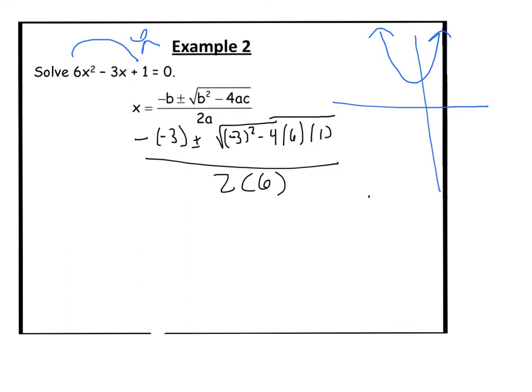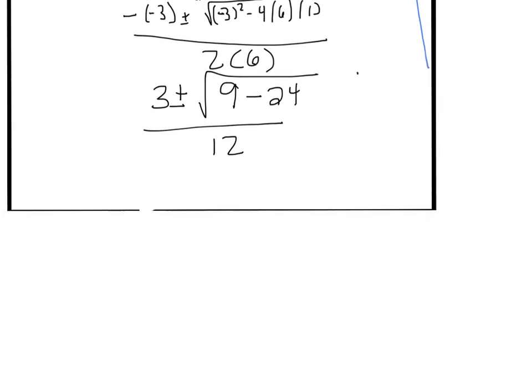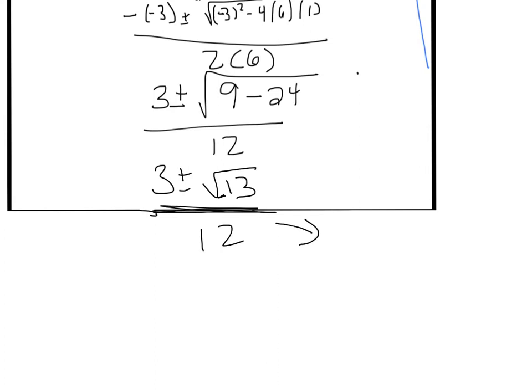So I'm going to go through and start to simplify, and I get a negative next to a negative, so that turns into a positive 3, plus or minus the square root of 9 minus 24 all over 12. Okay? So now 9 minus 24 is 13, and it's negative, right? And that's going to be divided by 12. Okay, so now we have 3 plus or minus, and to get rid of the 13, that's